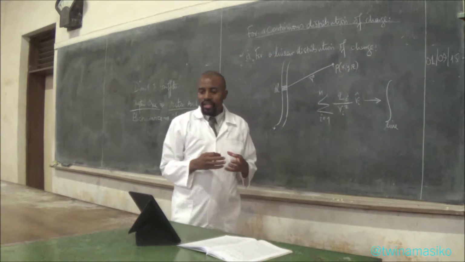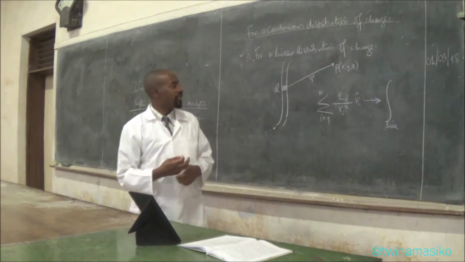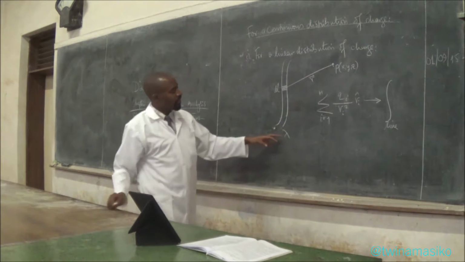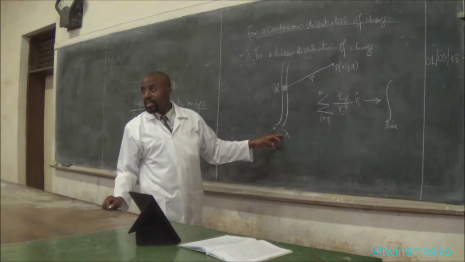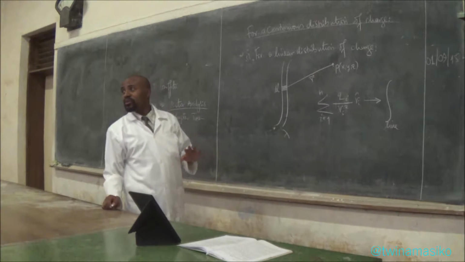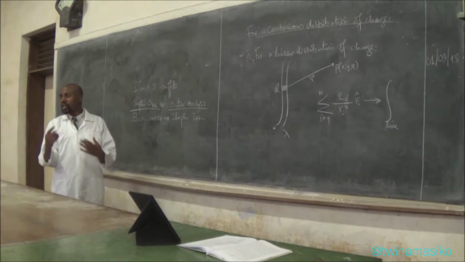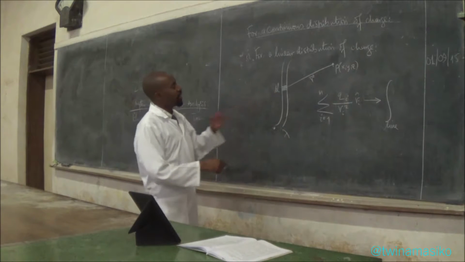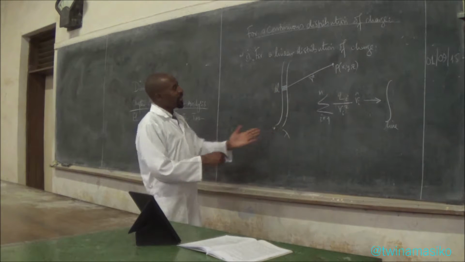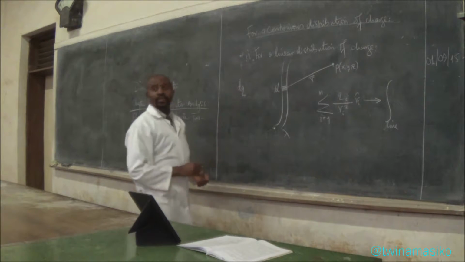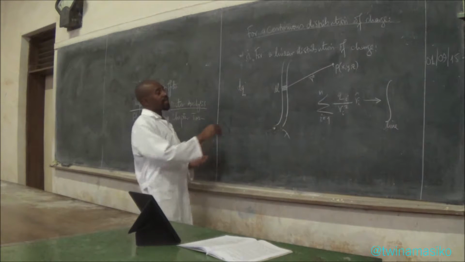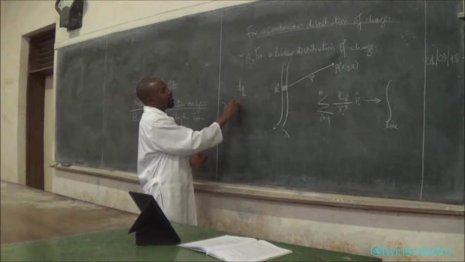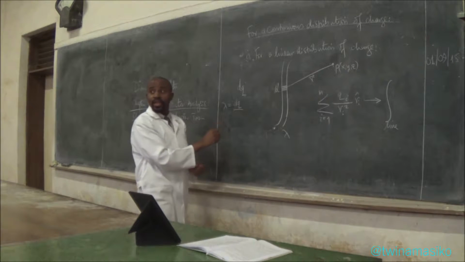And then the charge now will be the same as, because this is the element, and the whole line is having charge density lambda. So if it is a line, the density will be the charge divided by length. So in an element of charge, I mean in this element of the line, we have a given charge, implying that the charge density will be the same as the element of charge divided by the element of length,